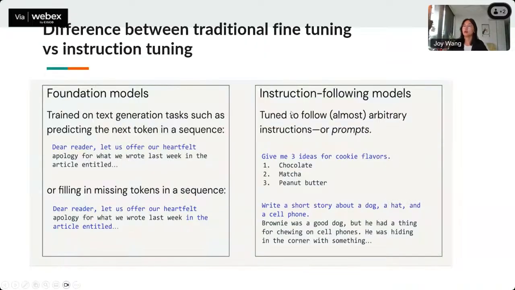So there are some differences between traditional fine-tuning and instruction fine-tuning. For example, for the foundation model, when we train this model, it's usually based on a self-supervised learning function. For example, the GPT family models are trained on predicting the next token in a sequence, like the first example, or models are trained on predicting the missing tokens, like the masked language modeling that we use to train